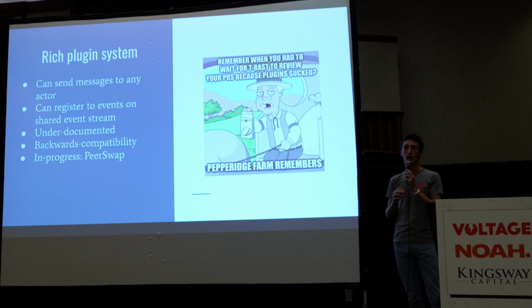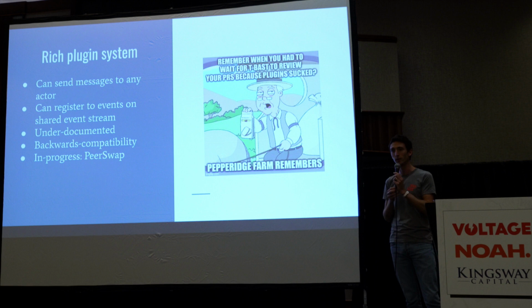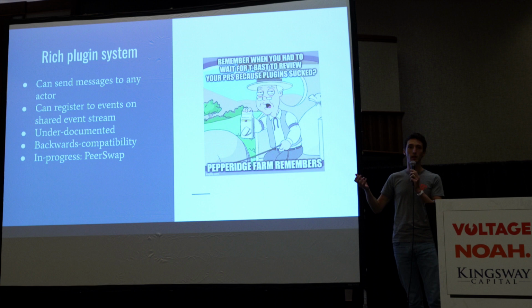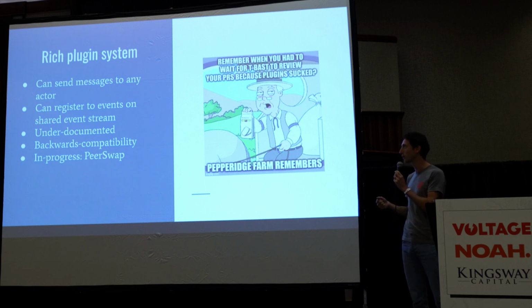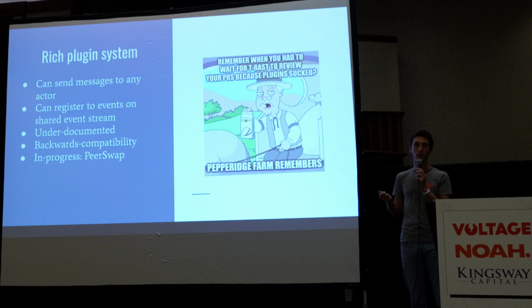Another thing that's interesting about Eclair, and that people don't usually know, is that we have quite a rich plugin system. Because of this actor model, any actor can basically send messages to any other actor. And a plugin has access to most of the high-level singleton actors. So plugins can send messages to almost anything in the code base and then get responses. They can also register to the event stream to get a lot of events about what's happening inside Eclair: new channels being created, new channels being closed, new connections being created. So there's quite a lot you can do in an Eclair plugin today.